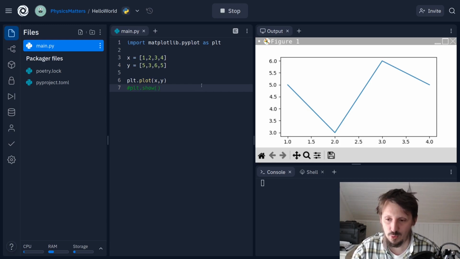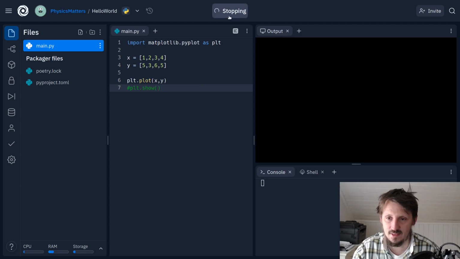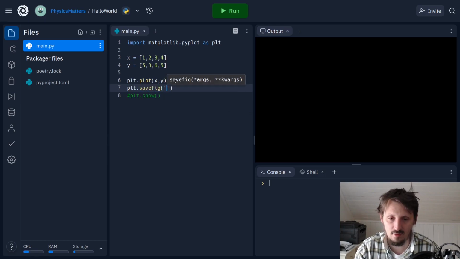But if you don't want to show it, which makes sense in some cases, when you stop it, it is also cleared. Maybe you want to create this as a new file. This is normally how I am doing that. So you can actually just write simply plt.savefig, and then we can write here, for example, test.png. And when you run that, again, you will get a notification when the program is finished. And here on the left side, now we created this new file,